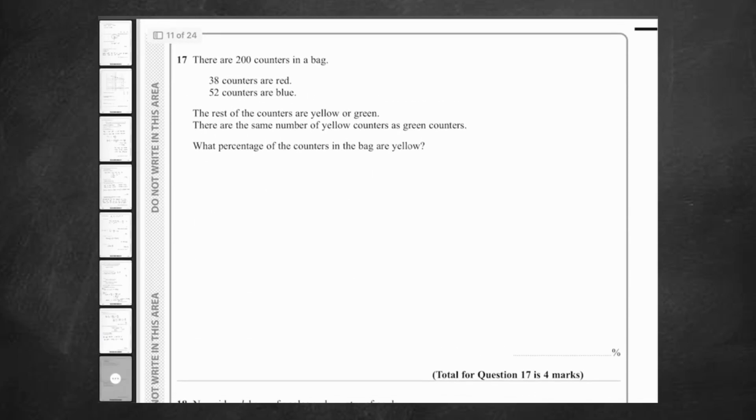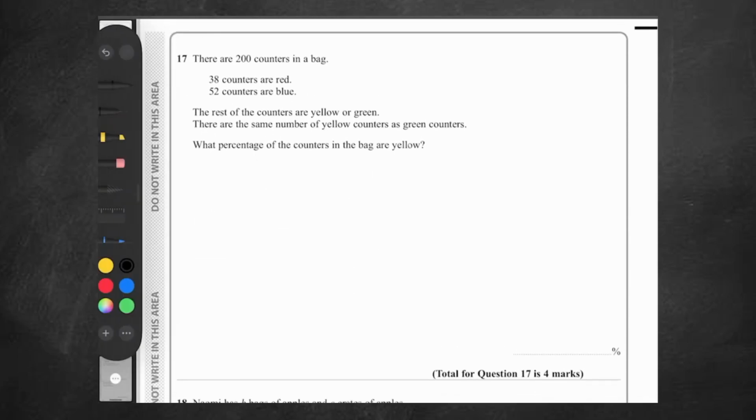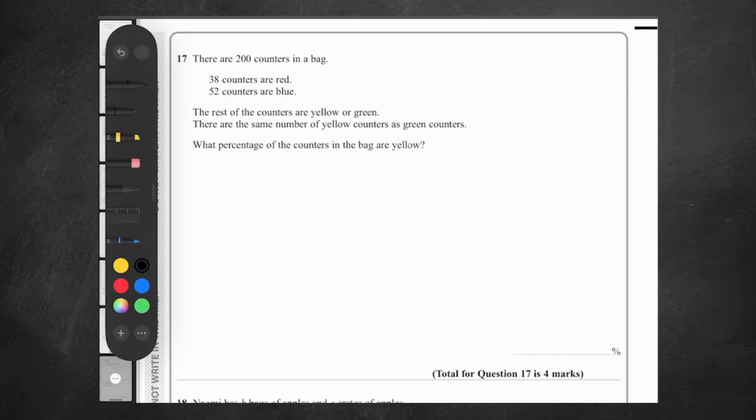Question 17. There are 200 counters in a bag. 38 are red, 52 are blue. The rest are yellow or green. There are the same number of yellow as green. What percentage of the counters in the bag are yellow? So we know 200 counters in the bag are made up of 38 red, 52 blue, plus an unknown number of yellow plus green. So if we subtract the 38 and the 52,